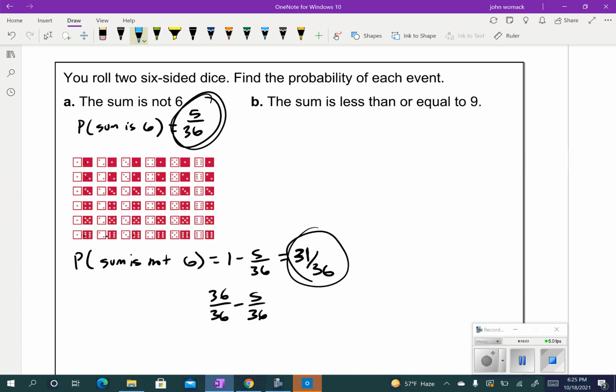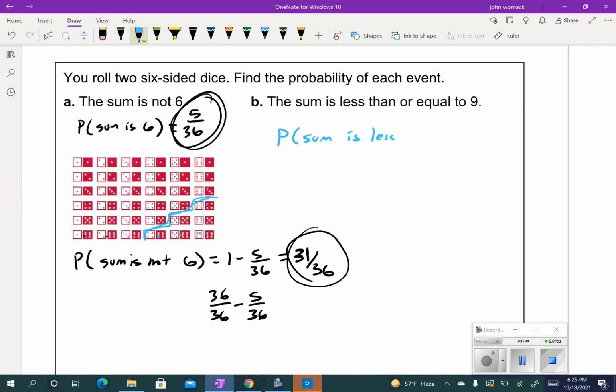This one's equal to 10. That one's equal to 9. That one's equal to 9. And that one's equal to 9. So I think it's just all these. I got 1, 2, 3, 4, 5, 6. So there are 6 out of, so the probability the sum